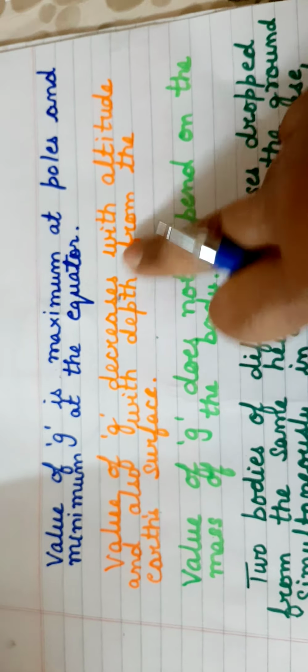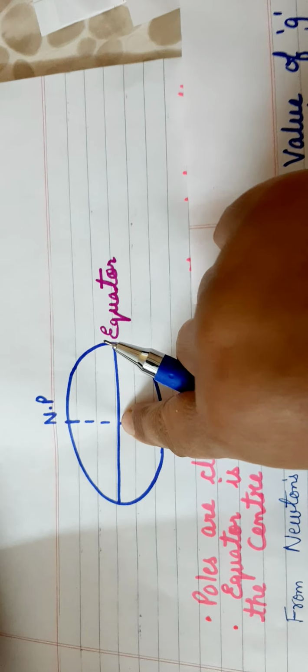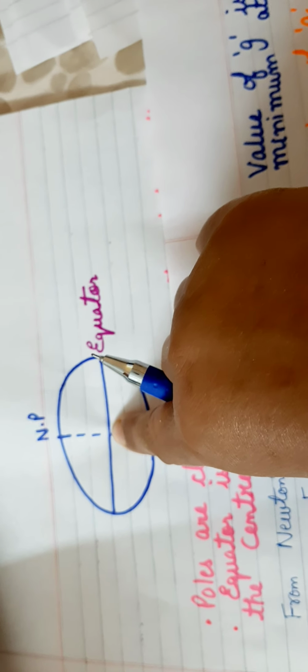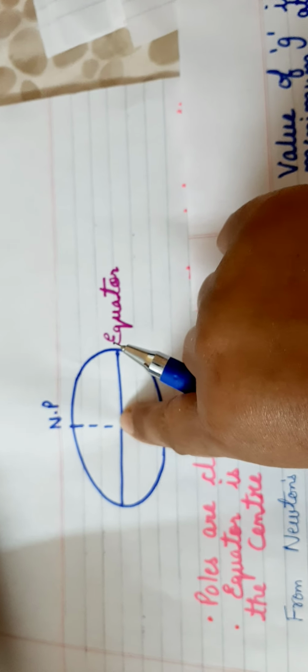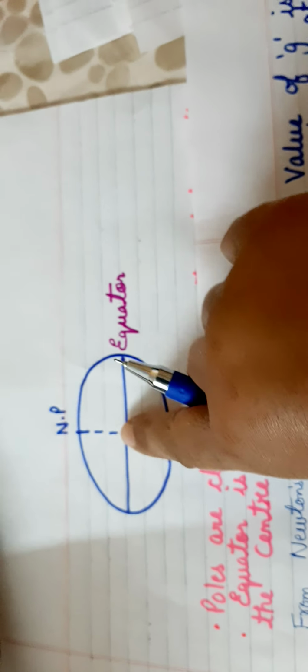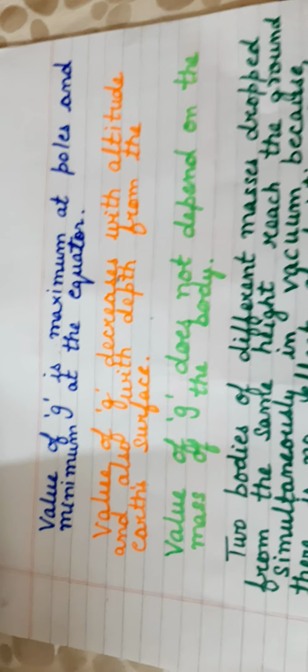This is very, very important for you to understand. And moreover, I would also like to tell you one more thing, that is, the value of g at the center of the earth is 0. Why is the value of g 0? Because I told you that it is inversely proportional to the square of the distance. So at the center of the earth, what is the distance? The distance is 0. So therefore, the value of g at the center of the earth, because the force of gravity is pulling the object towards the center. So what is going to happen to the value of g when the distance is 0? The value of g is also 0. Okay. Now,